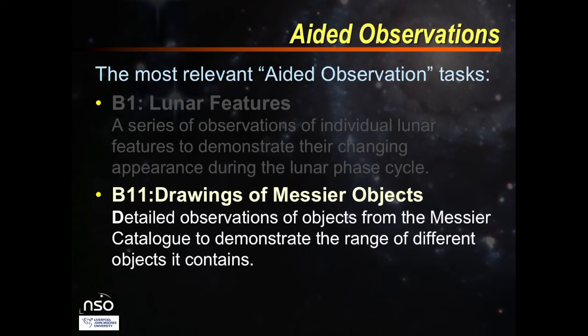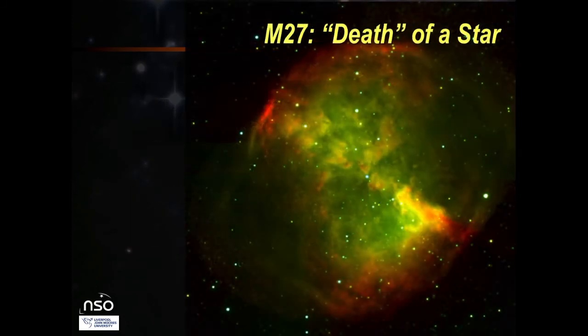There are a lot of objects you can observe here. This is an example of a star dying, a planetary nebula. This is what the Sun will look like in a few billion years' time. And here we've taken an observation through 3 different filters and combined those to get a colour image, a 3-colour image. That is one recommended way of doing this, but it is possible to get very useful results with a single filter, and we've set both of those options up.